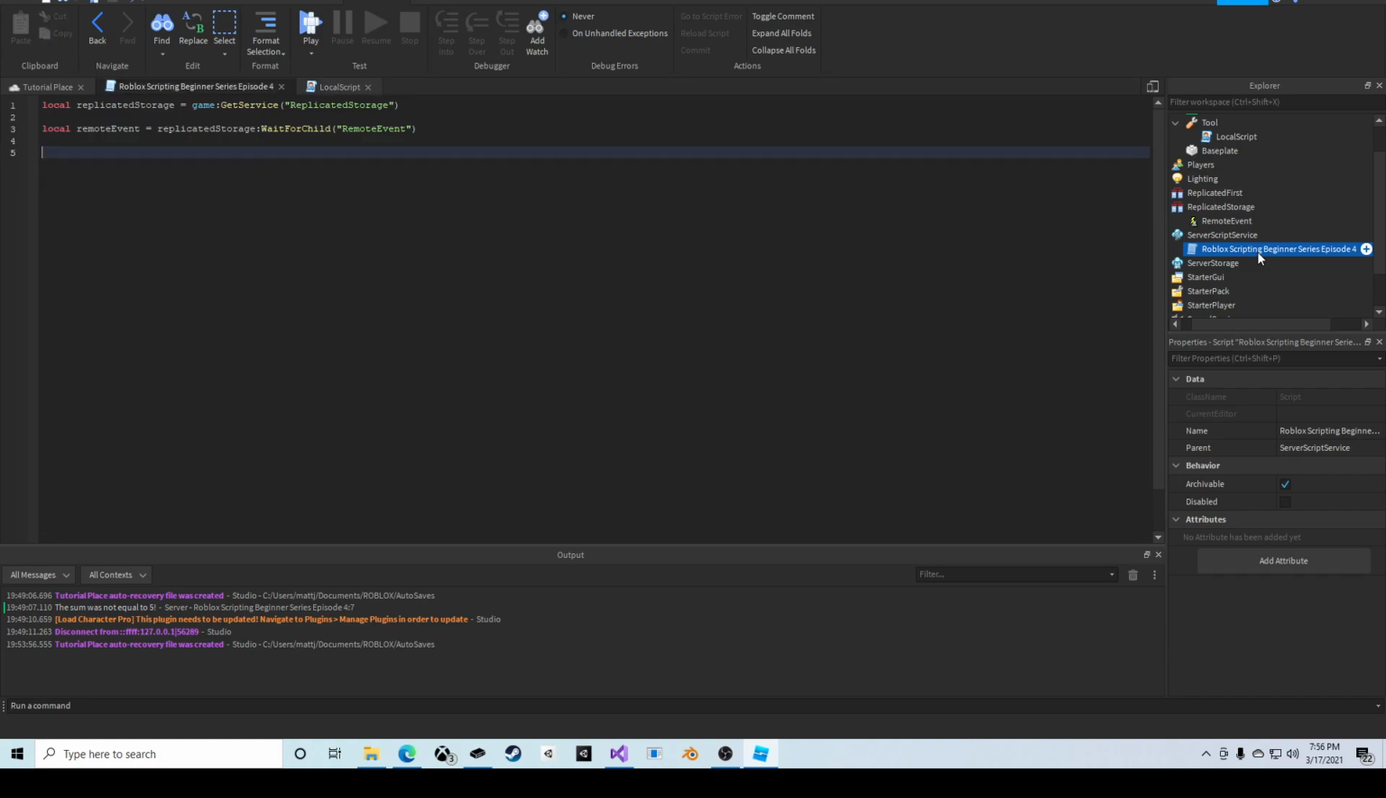And let's go back into our server script. And we'll do remote event. And here's how you fire the event. You could do remote event. There are two ways you can fire to the client. You can fire client. In this case, you would need to give a player parameter, but we do not have